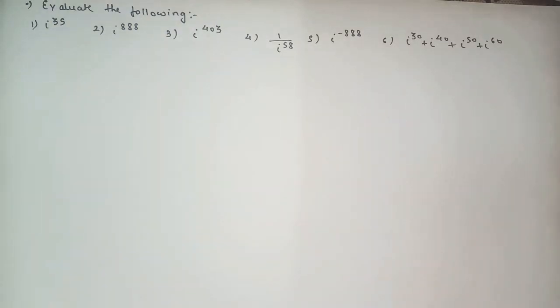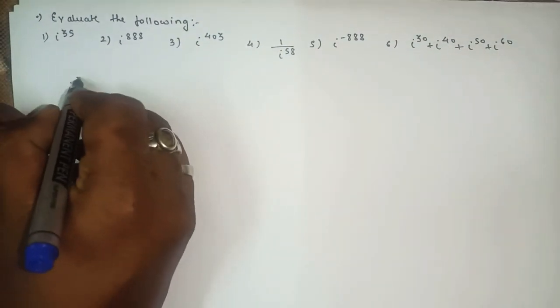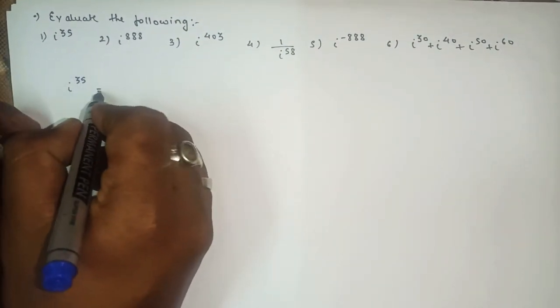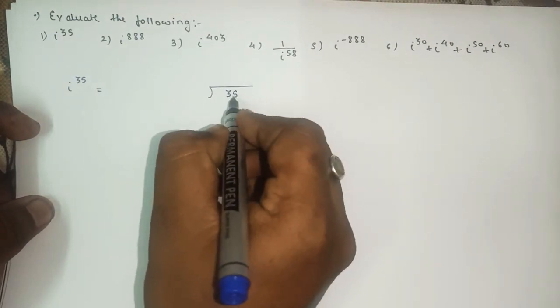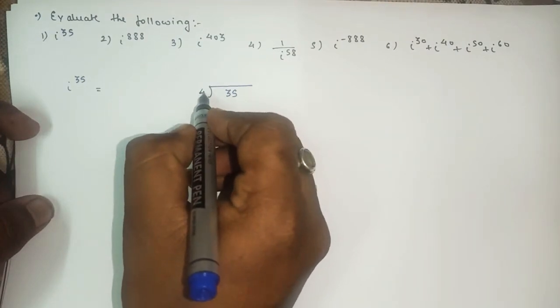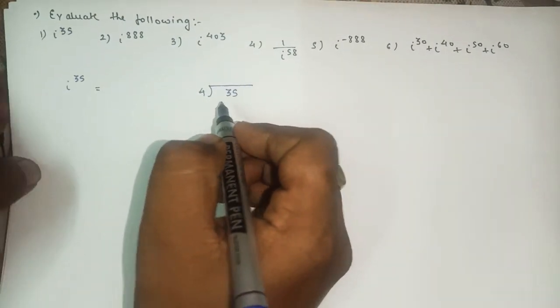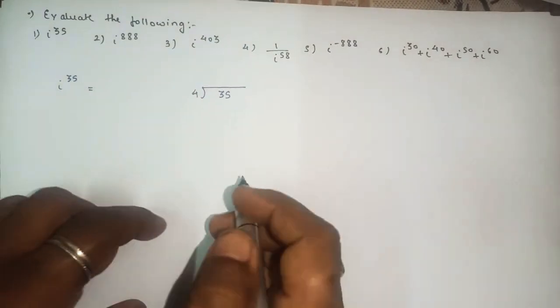Here the first one is, evaluate the following, and the first one which we have to find is i raised to 35. So we'll divide and see. As I told, you always have to divide the number by 4. So you have to consider the divisor 4 only. So 4